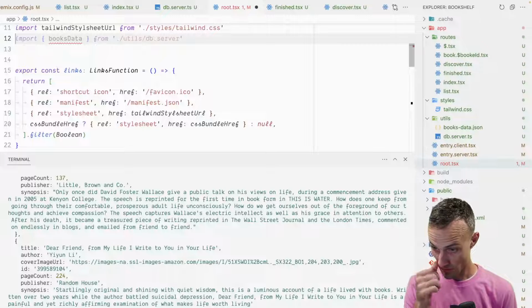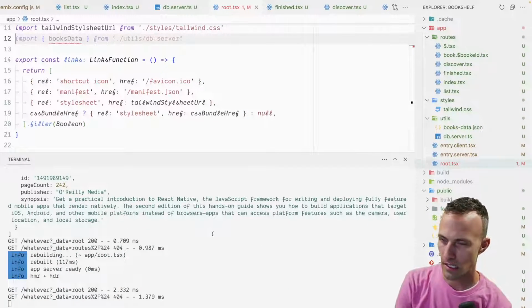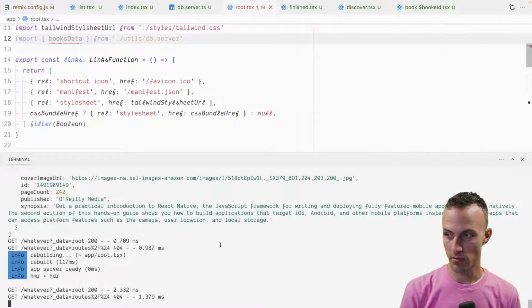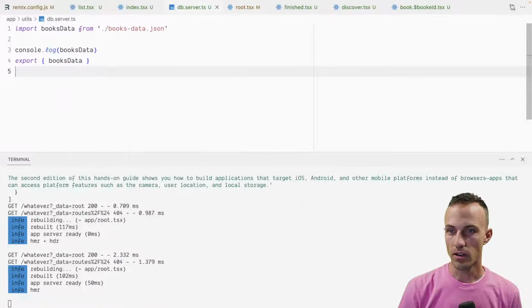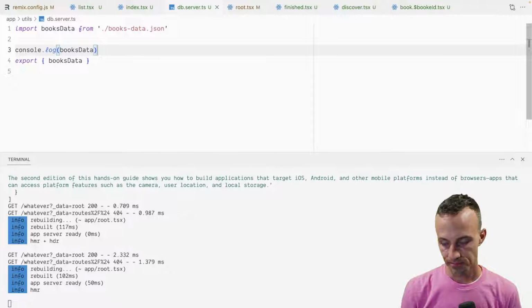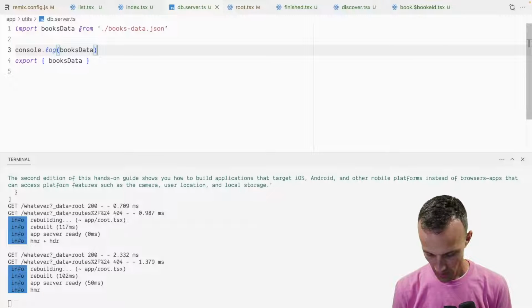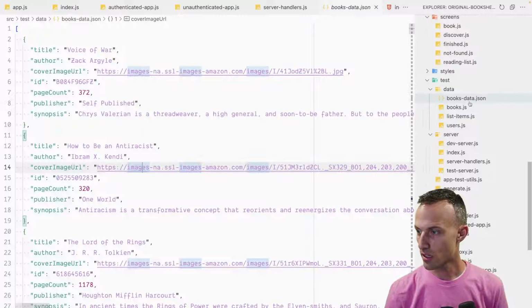I don't know if there's some magic making that work, because for some reason I feel like in ESM you can't just import JSON files, but that may have changed as well. In any case, we've got our books data, and now we need a mechanism for getting all the books. I think we've got,